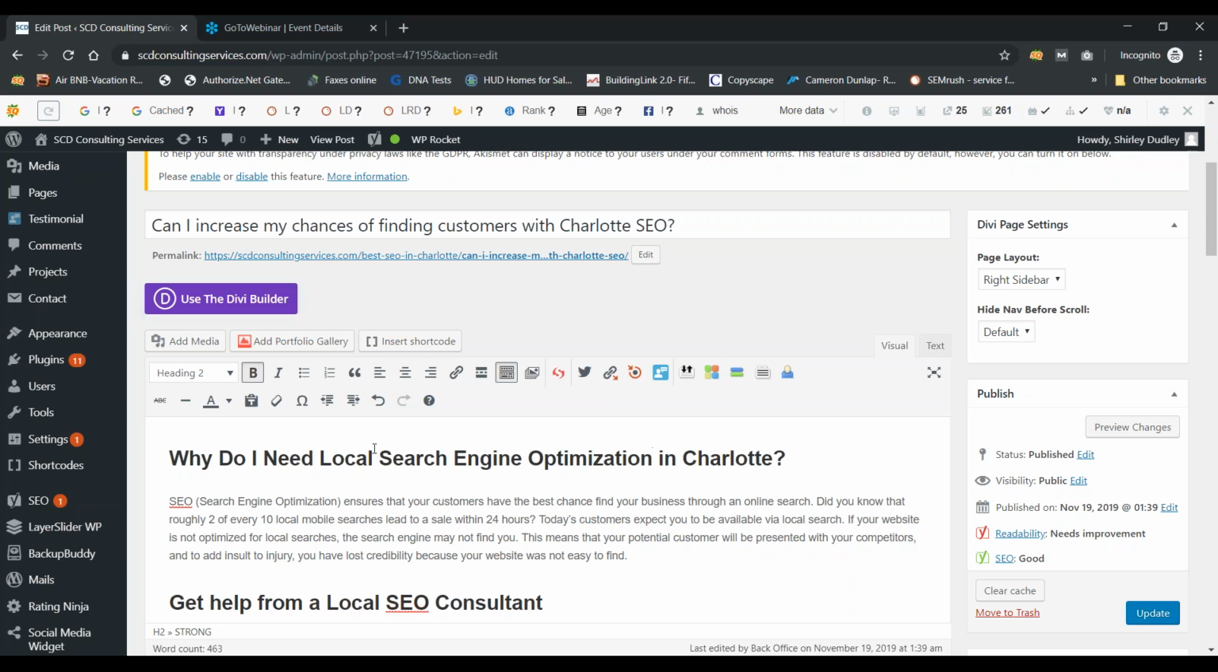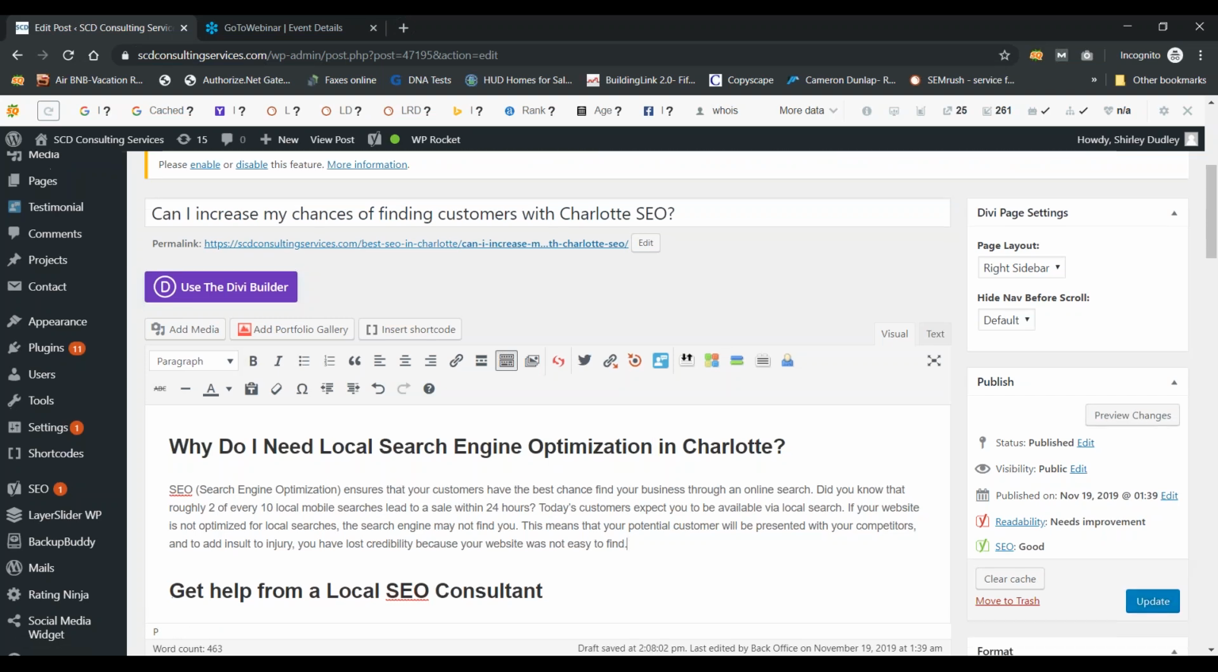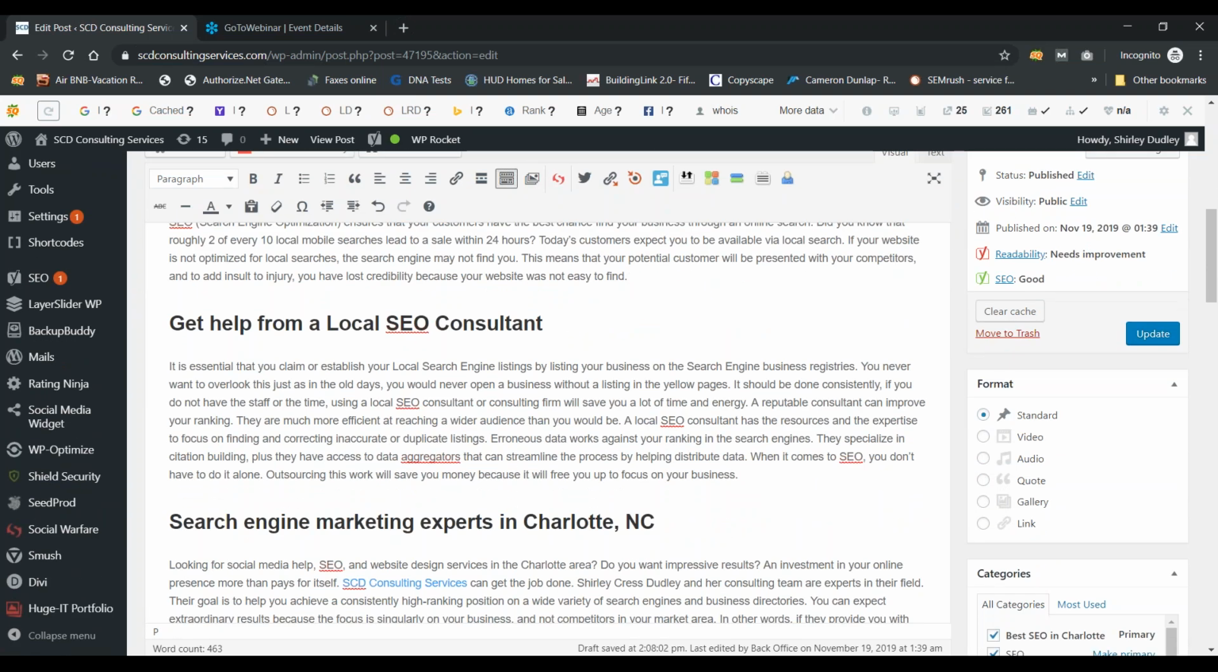So I change SEO to search engine optimization. Then if I want to keep that change, I'll click over here, the blue button, update, and that will make my change. Then scrolling down,